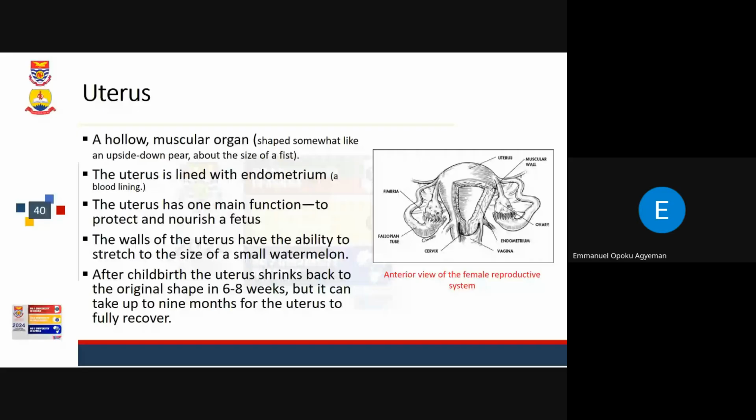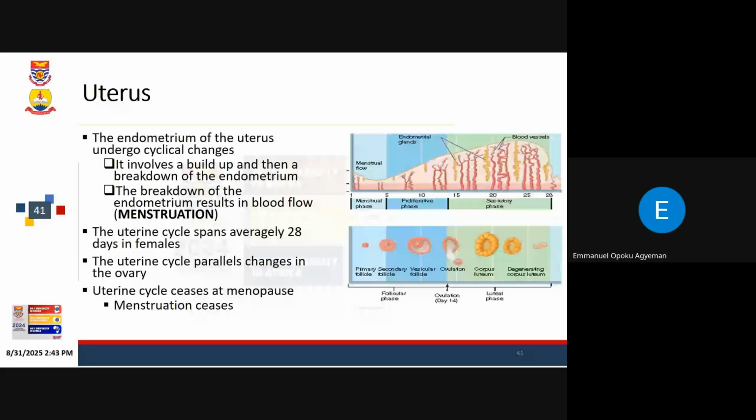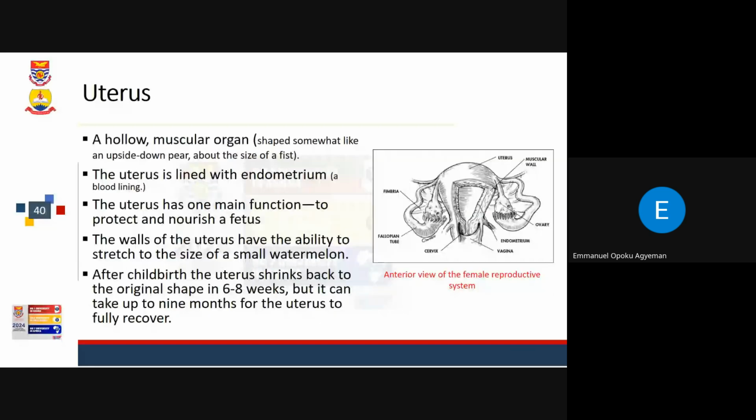Hello, sir. With what you just said, the uterus will take at least 9 months, at most 9 months, to be completely returned to its normal size? Is that what you just said? Yes. I want to find out then what happens to women that in 6 months' time you will see them pregnant again after delivery. Because I've seen somebody who just gave birth within 5 to 6 months and she was pregnant again. So the kids look more or less like twins.